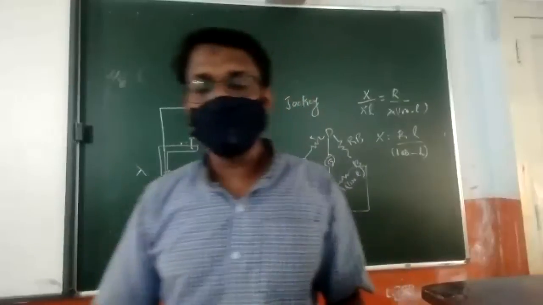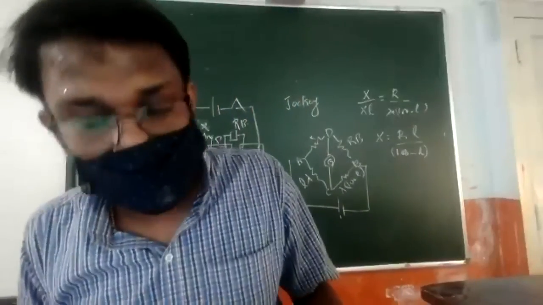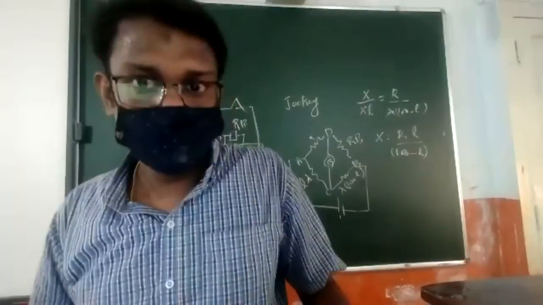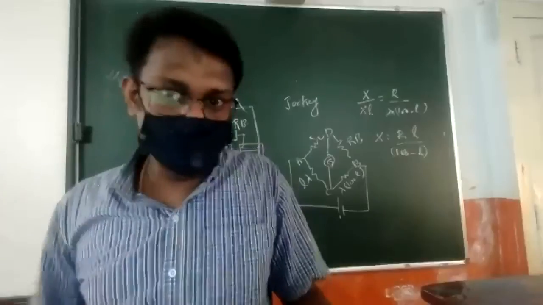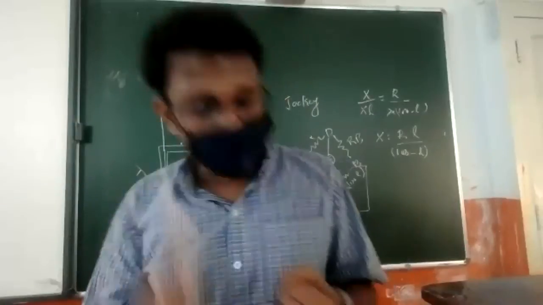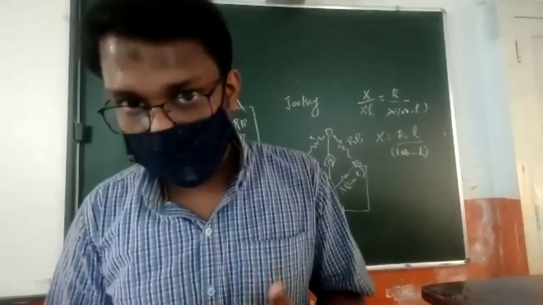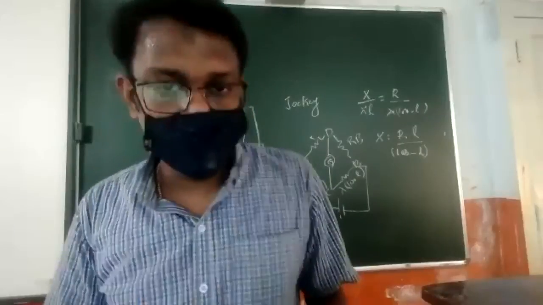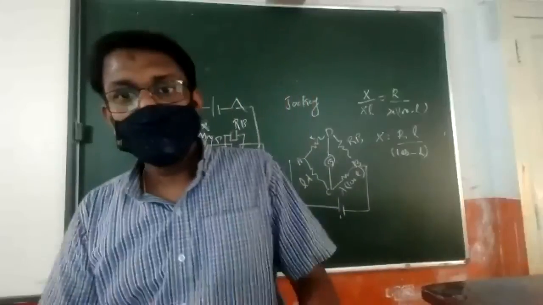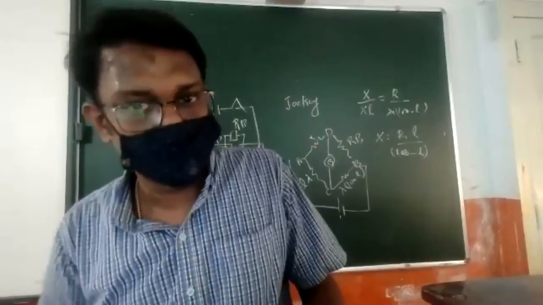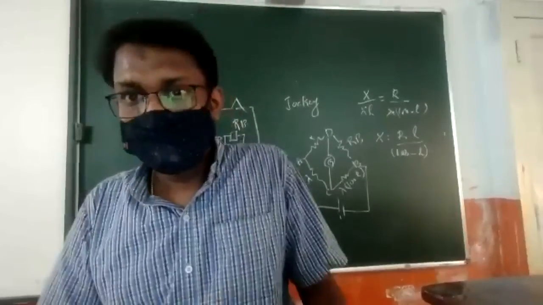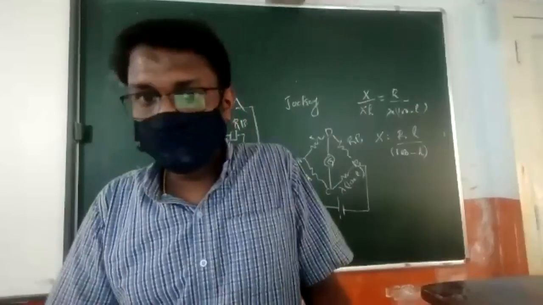Usually the meter bridge experiment is used for finding an unknown resistance value. You are provided with a resistor and you have to find out its value. For that, you make use of this setup. So the meter bridge is important, the Wheatstone bridge is important, and Kirchhoff's laws are important. So revise it once again: Kirchhoff's laws, how these laws are used, the Wheatstone bridge as an application of Kirchhoff's laws, and the meter bridge as an application of the Wheatstone bridge. So that's all for today, and we will meet in the next class.